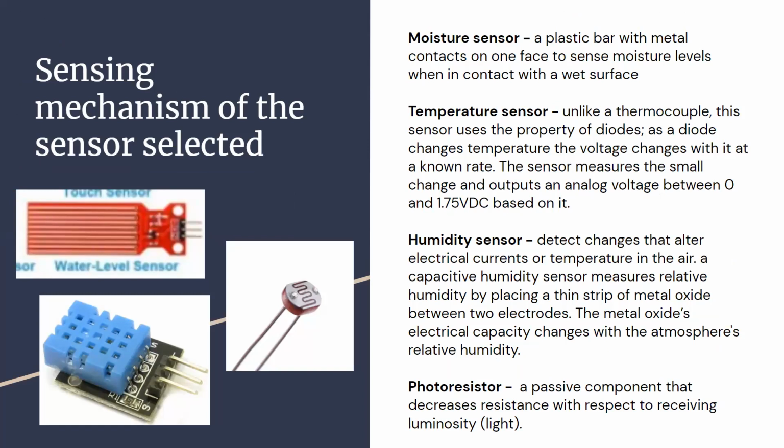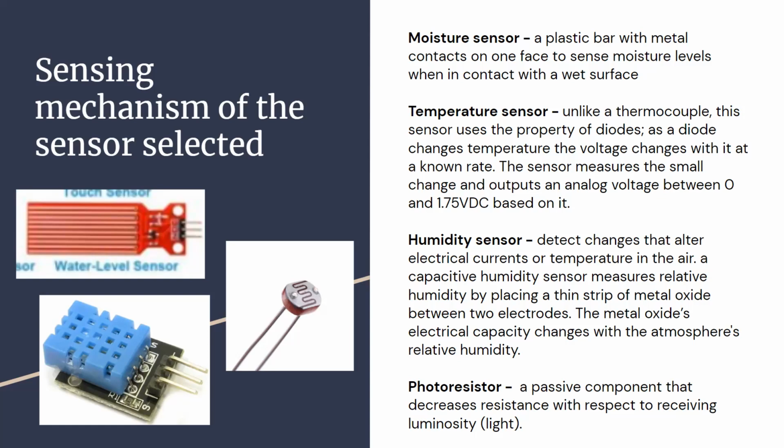The temperature sensor, unlike a thermocouple, the one we're using uses the property of diodes. As the diode changes temperature, the voltage changes with it at the same rate. The sensor measures the small change and outputs an analog voltage between 0 and 1.75 volts DC based on the